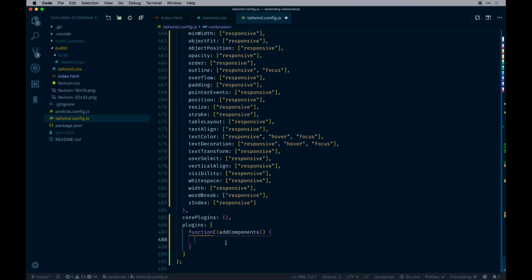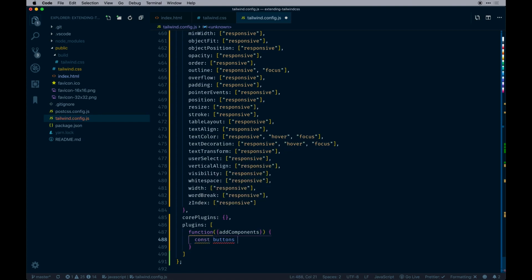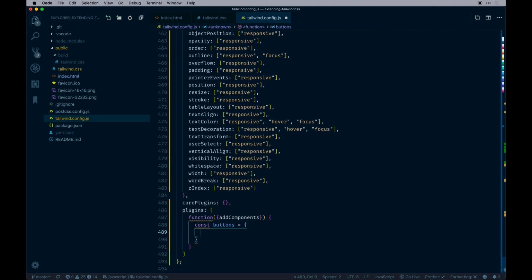And this function is within the plugins array, as you see here. So within this function, we can define what the buttons would be, and it's going to be an object of nested attributes. So we'll say const buttons equals an object. And then within that, we can define our buttons. So I'll say just the base button